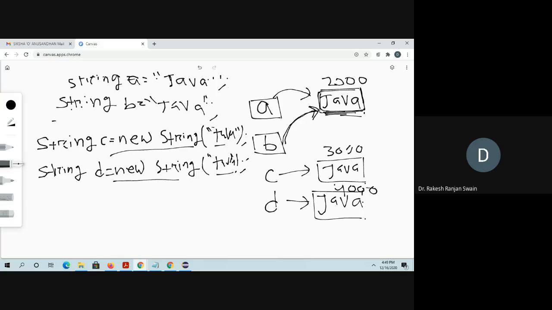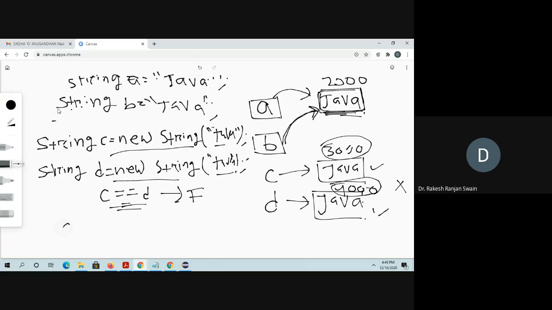So in this C and D, if I am comparing C double equals D, what does it check? It will check two things. First, are the contents the same? Yes. Then is the memory address the same? In this case, no. So this will return false.